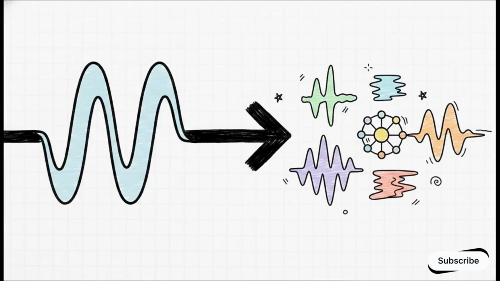So where do we go from here? Because as powerful as the FFT is, we are literally already pushing past its limits. The classic FFT assumes a signal never, ever changes over time. We try to patch this with sliding windows, but that forces a really harsh trade-off between time resolution and frequency resolution. To solve this, the modern research frontier is heavily moving towards wavelet transforms, which use finite waves for simultaneous resolution. And we're even seeing learned Fourier features, where neural networks use gradient descent to dynamically invent their own frequencies tailored perfectly to the data.